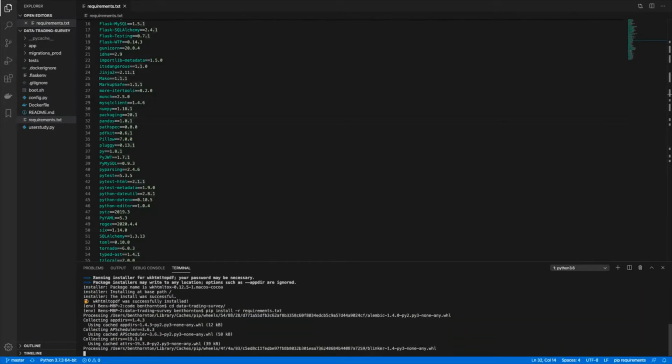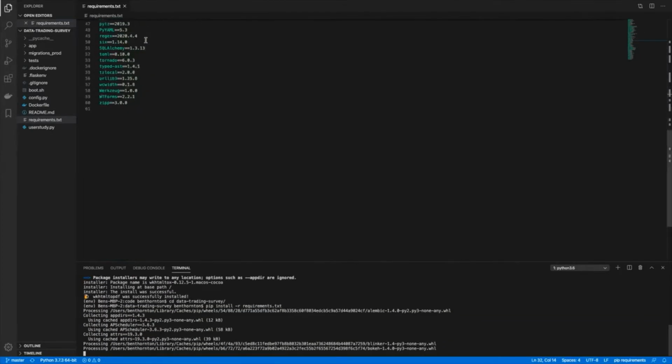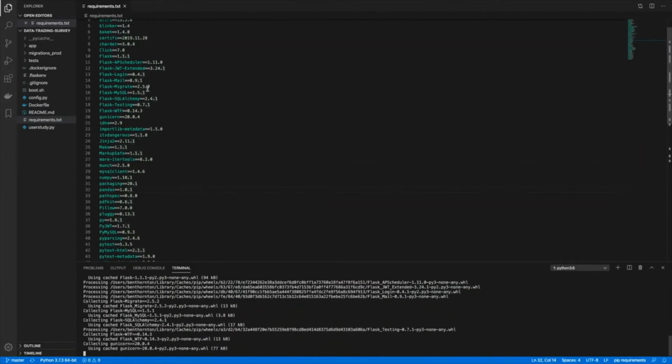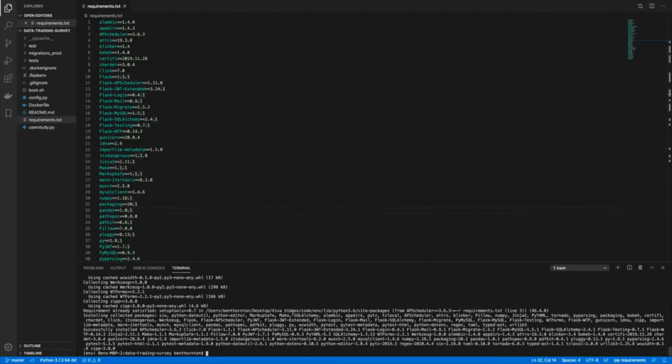And this will install all of these packages found in this file here. Once all the Python packages have been installed, we can go ahead and set a few environment variables which are relevant to the development environment for the project.